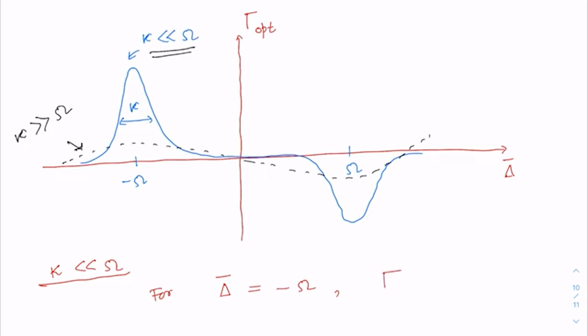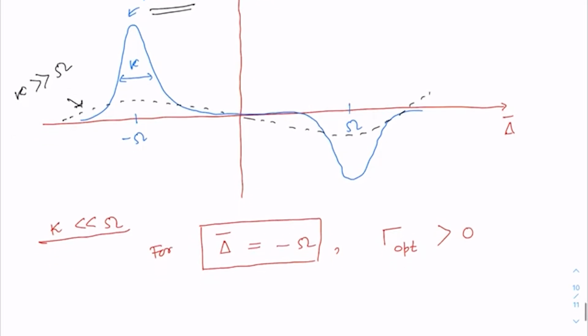So here, as you can see, this gamma optomechanical damping is greater than 0, which effectively means that we are going to get cooling. The mechanical oscillator will get cooled when the detuning parameter delta bar is equal to minus omega. So we'll get cooling for delta equal to minus omega, and for delta bar equal to plus omega,